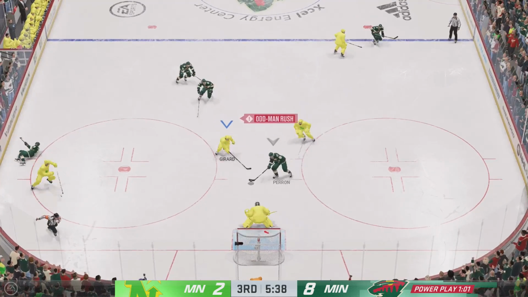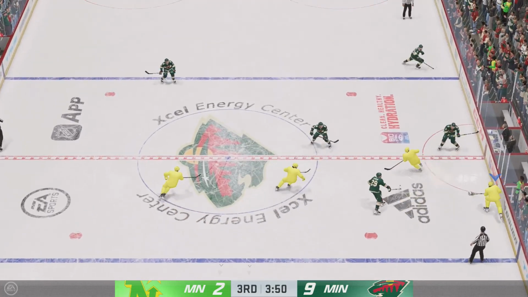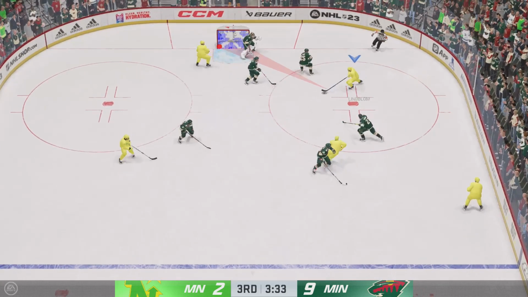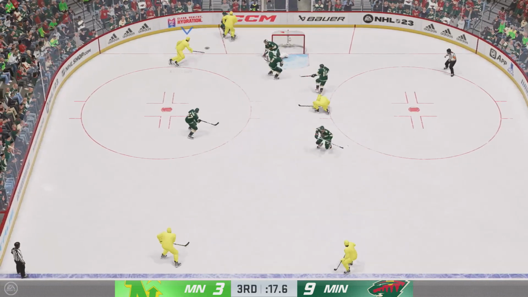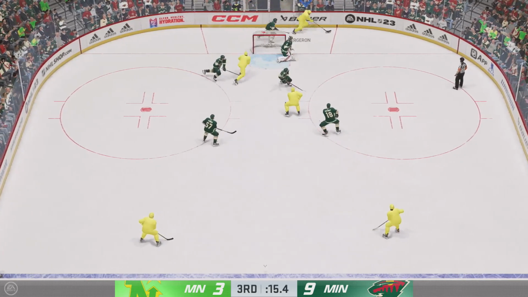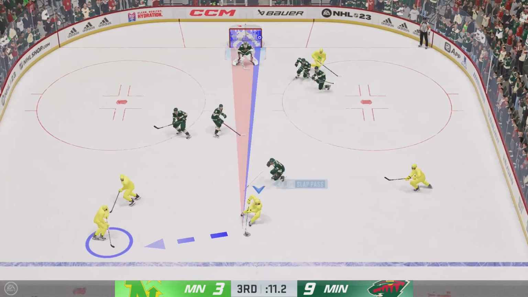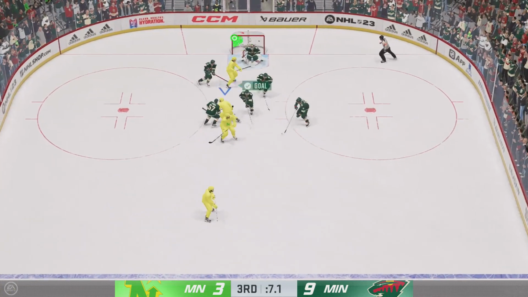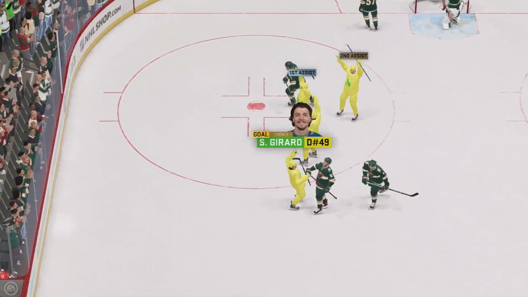Power play time. Perrin scores a goal. The 9th goal, which is a power play goal. Next up, us, which is a surprise. Oscar Lindblom scores a goal. And then I passed it down. Trying to use certain tactics on semi-pro, and boom, Gerard scores a goal,